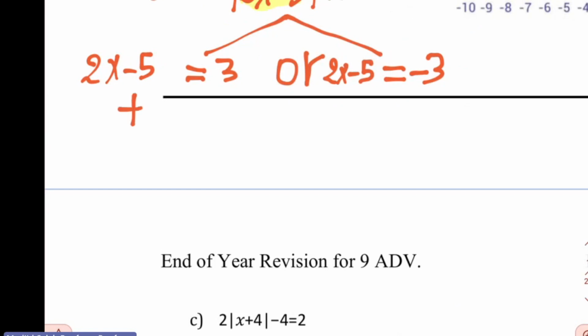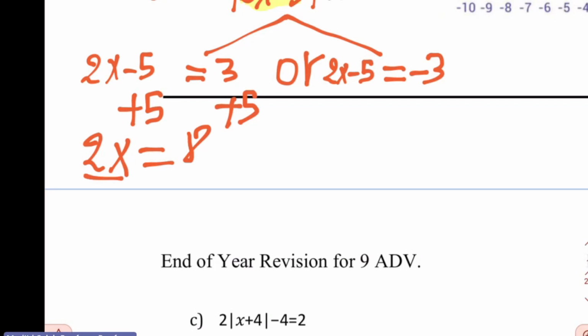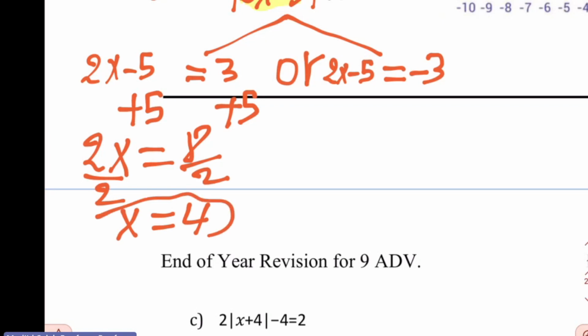You add 5 here to each side, and you get 2x equals 3 plus 5, 8, and then divide by 2, and you get x equals 4. This is one solution. You do the same here. You add 5 to each side. These 2 cancel, so you get 2x